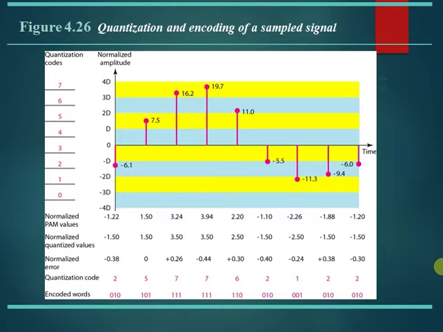You can clearly observe in this diagram that each sample value is rounded off to a corresponding level, and each level is shown to your left, that is 7, 6, 5 up to 0. The quantization takes place and we assign the sample to one of the values, and finally at the bottom we have encoded words, that is we are assigning 010 bits to the code which has a value 2. If the sample falls in D to 2D, which is the fifth level, we assign 101.